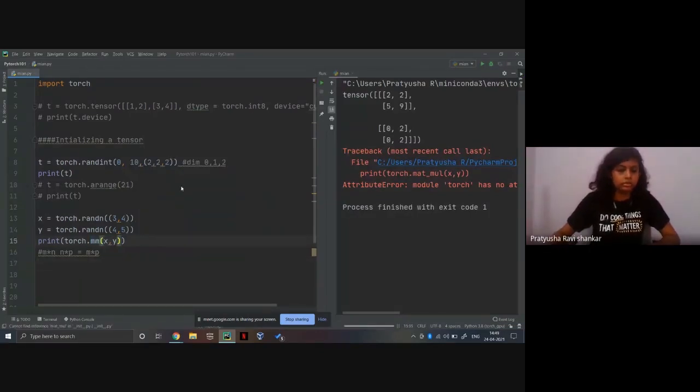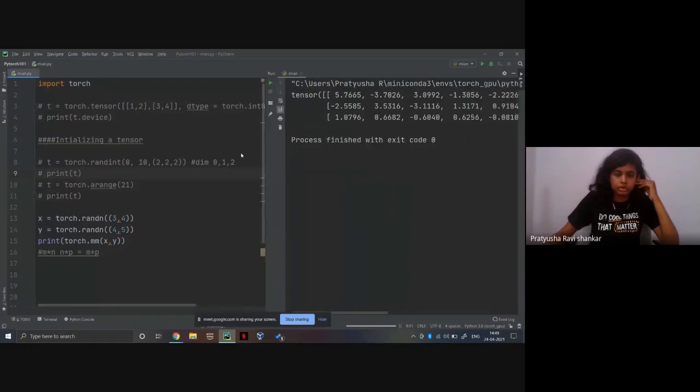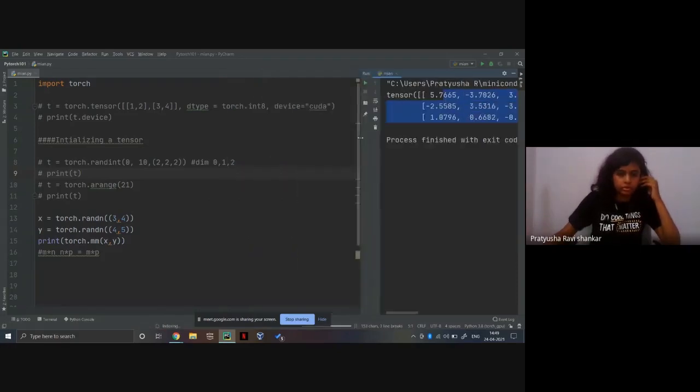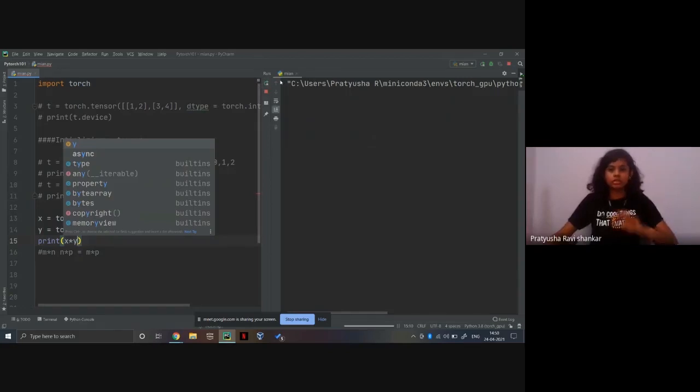Okay, so let's comment this out for now. Let me drag it here. You can see that 3 cross 4 and 4 cross 5 means I should get the output 3 cross 5, right? So here you can see there are 3 rows, and you have 5 columns here. So this is how it works. And if you want element-wise multiplication, it's advised to have the same dimensions. So let's say I just give x, y. The normal convention will give you